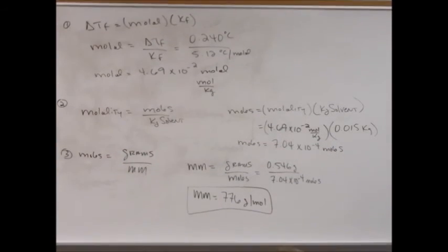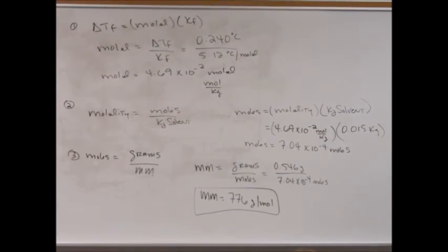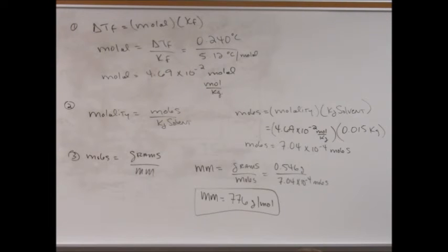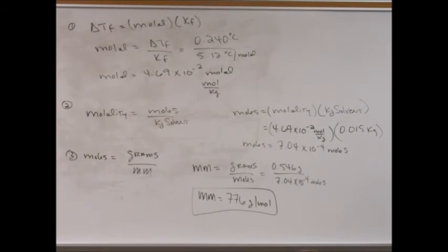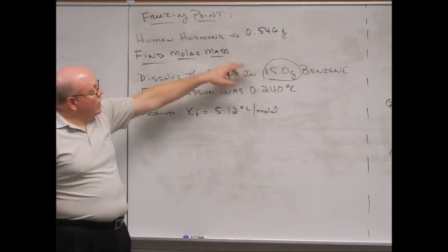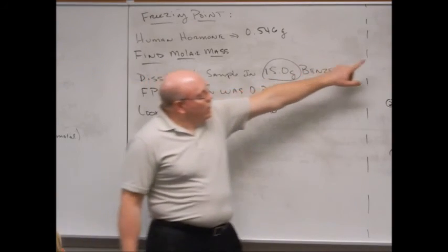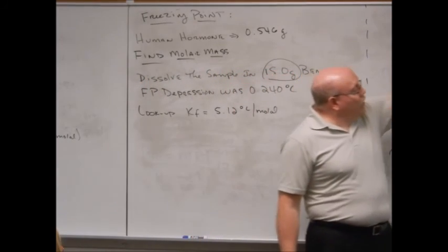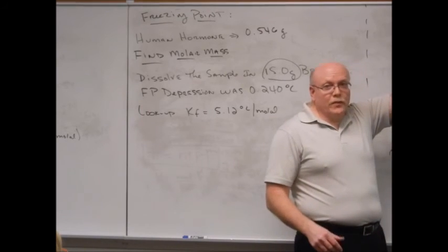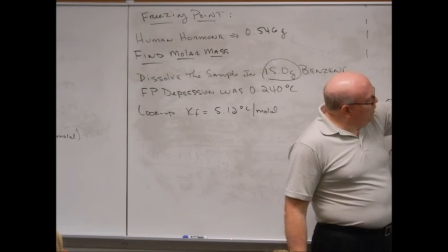Now, this technique that's described in this problem is one that is used a lot in labs that synthesize or find materials, that do a lot of the natural product work, because it's easy. If you have a very small amount of your sample, you know where benzene freezes, you make sure it dissolves in it, you apply the equation that we have here, we know how far the temperature dropped, we know what benzene normally freezes, we know its new temperature, find the difference in that. You can quickly, in 3 calculations,